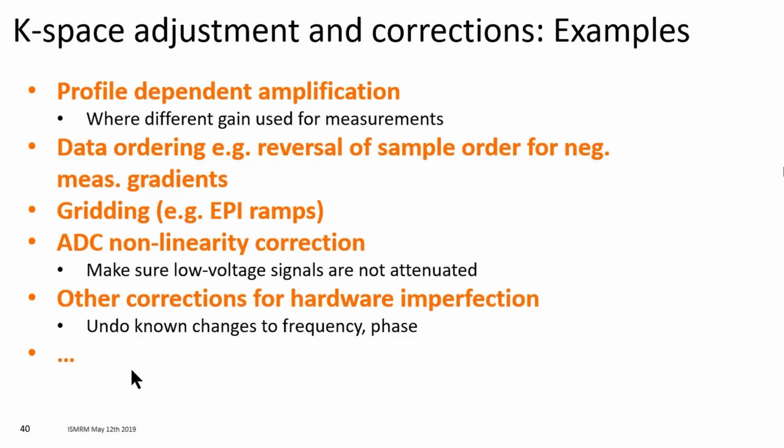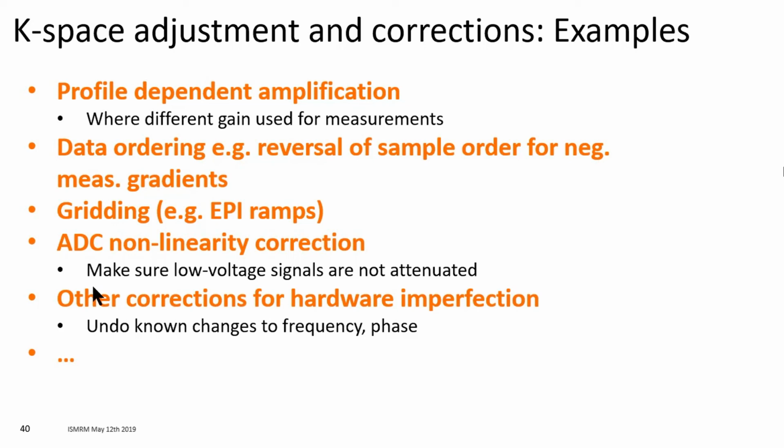And there's other things we do as well, which help us to improve image quality. And a number of methods are used during acquisition, which pair up with steps we take in reconstruction. So, for example, profile-dependent amplification. You can turn up the gain really high for edges of K-space, where the signals are small, so that we can sample those signals very well. Of course, we do some data reordering for negative measurement gradients, for example, in EPI. And in the EPI also, we have to do some regridding, because